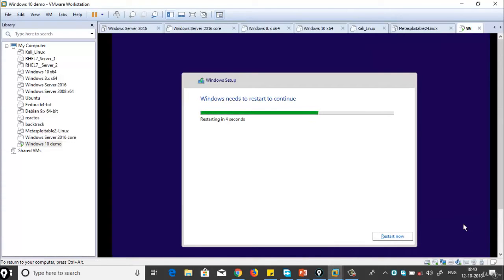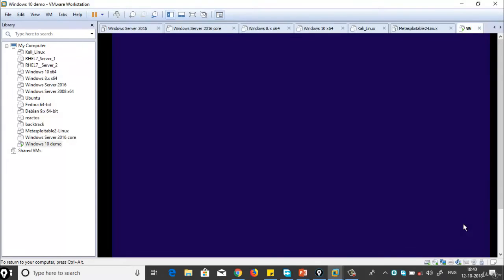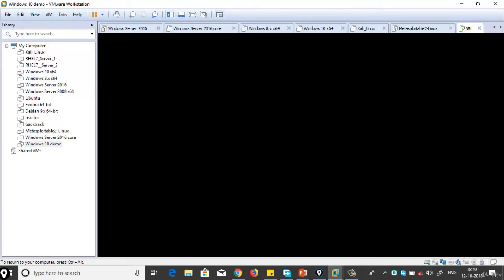Now it is going to restart in a second or two. Now the virtual machine has restarted.